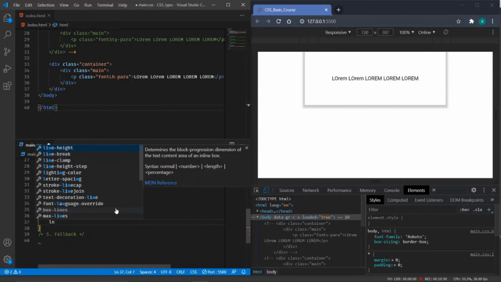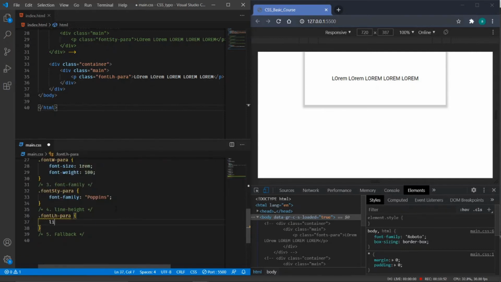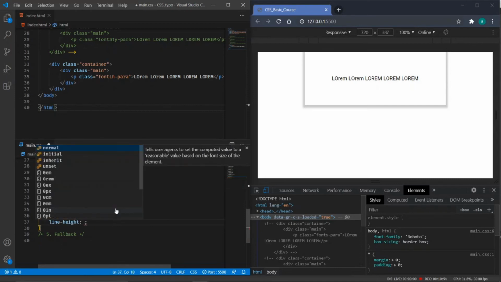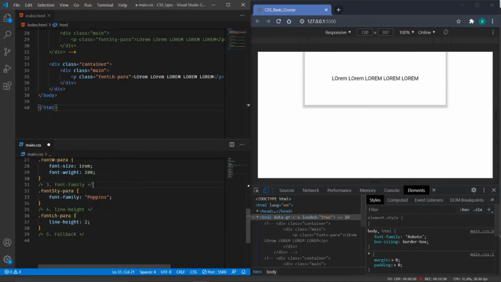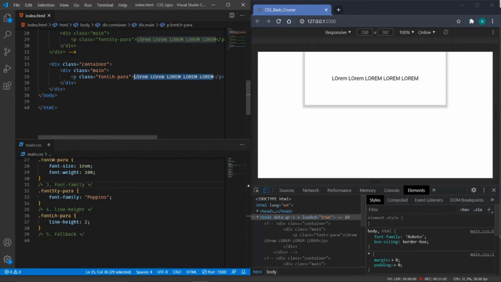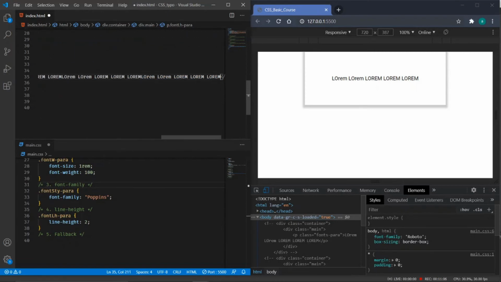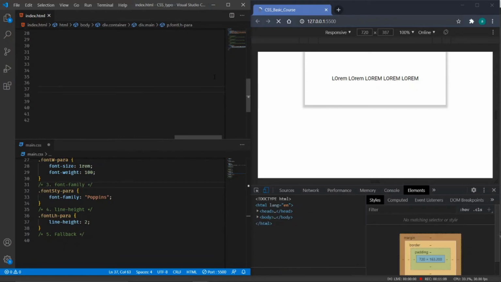So we can have a line height of 2. Okay, so I just missed out, like the line height is the height between the two lines or between the paragraph, you can say. So I will have a long line.